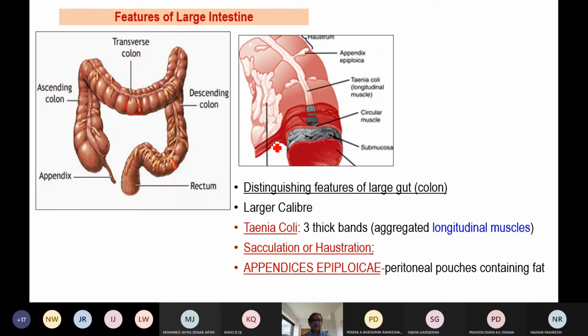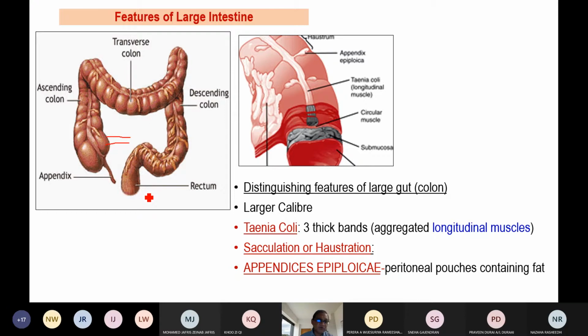These are the three main features by which we can distinguish the large intestine. But I want to mention here that the cecum, as a part of the junction between small and large intestine,